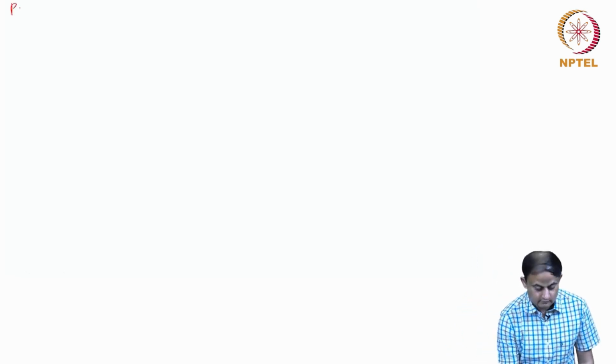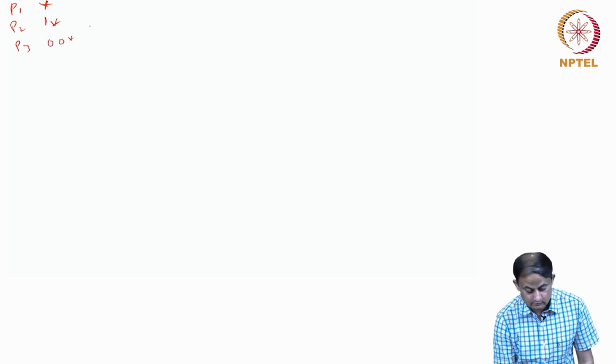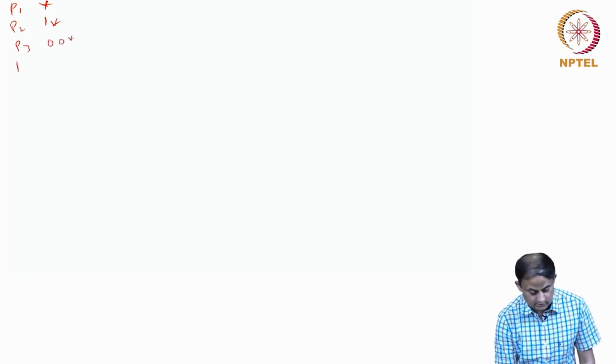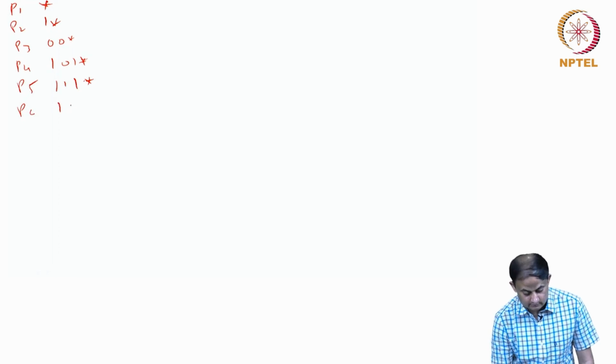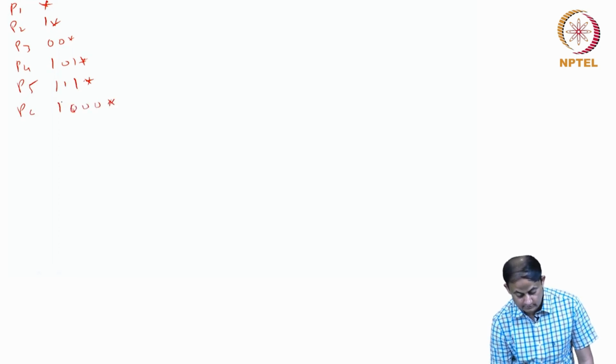So here, my P1 is as usual the star, P2 is 1 star, and P3 is 0 0 star, and P4 is 1 0 1 star, P5 is 1 1 1 star, P6 is 1 0 0 star,